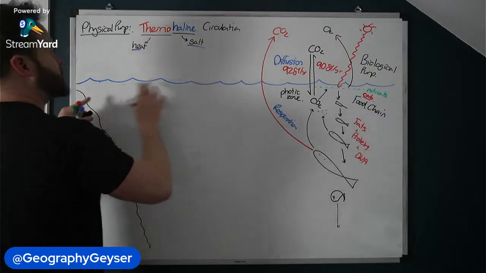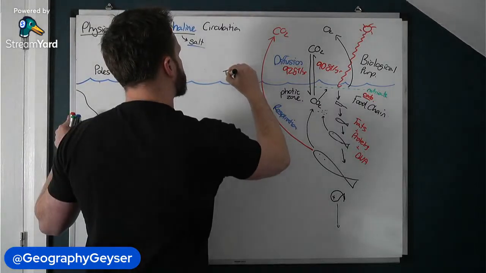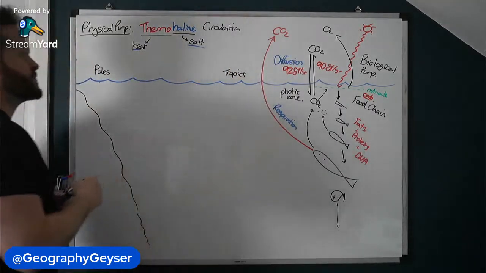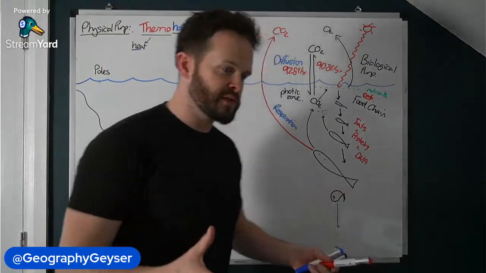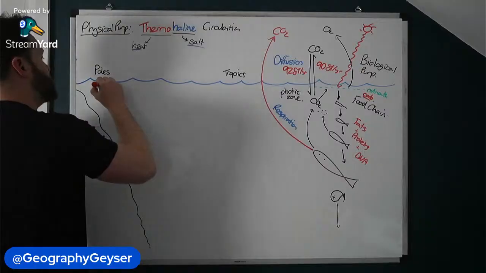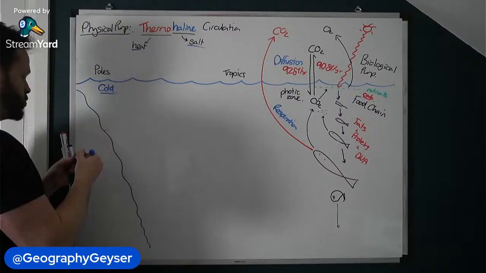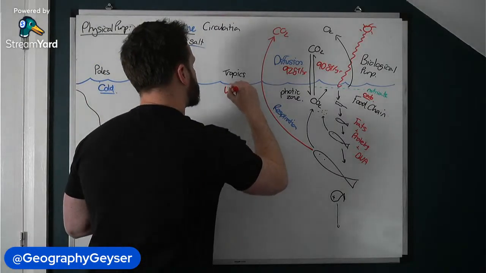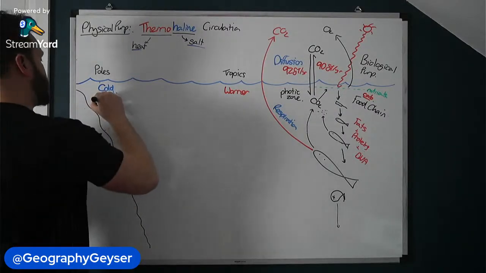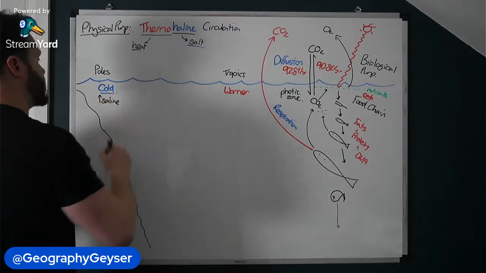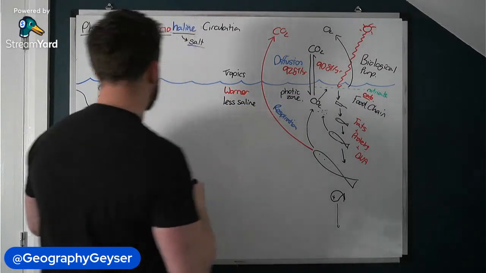water. So we looked at two areas of the planet, the poles and the tropics. Yeah, so we've got the poles and the tropics. Now, the temperature difference here is the most obvious point to start with. So obviously the water up here is cold. Yeah, so we've got cold water here. The water here is warmer. In the poles, it's increasingly saline. Yeah, whereas in the tropics, it's less saline.